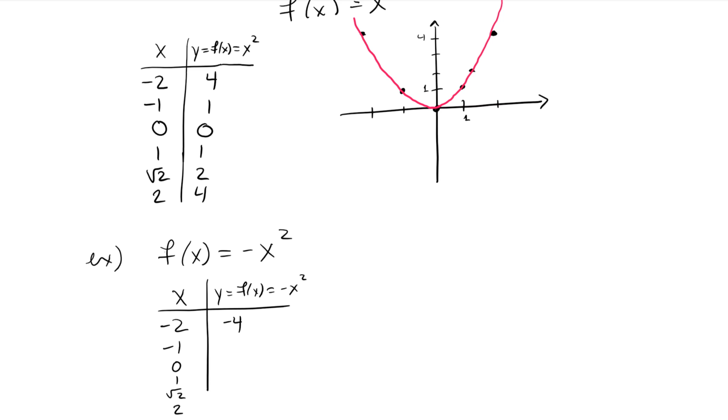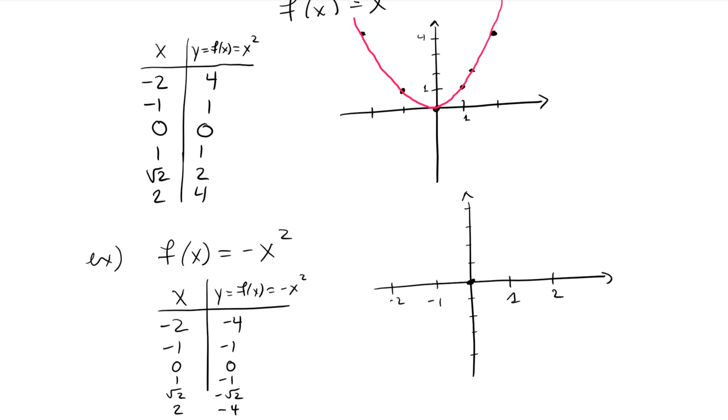It's minus x squared, so I'll have minus 4, minus 1, 0, minus 1, minus root of 2, and minus 4. So if I graph this function,